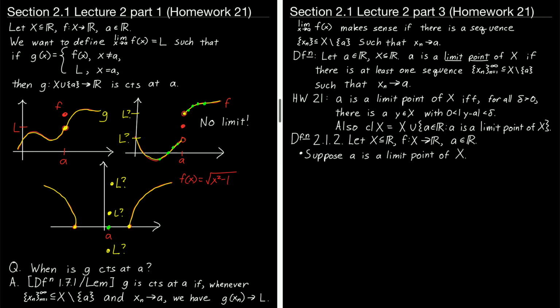of X. And let's suppose that there exists a number L, a real number L, such that if you have a sequence in X that's never allowed to be your target point A, and your sequence converges to A, and the definition of limit point is that there's at least one sequence like this,